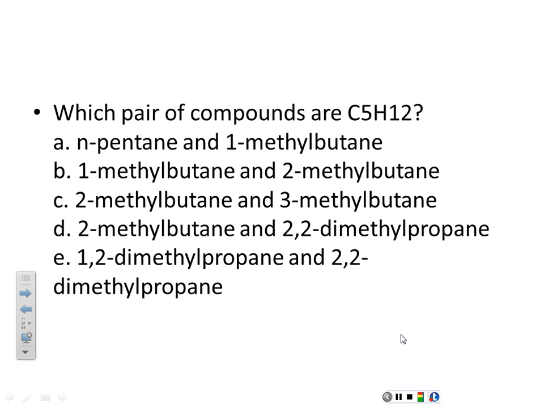E, 1,2-dimethylpropane. Again, 1-methyl is not possible. So just rule it out now. Exactly. So basically, if you see 1-methyl, then you rule it out, because it's not possible to have methyl there. If it is, it's like this: 1, 2, 3, 4. The reason you rule it out, if I say 1-methyl, correct? It's a long straight chain. So instead of starting here, I could start 1, 2, 3, 4, 5. No, it's not the same.